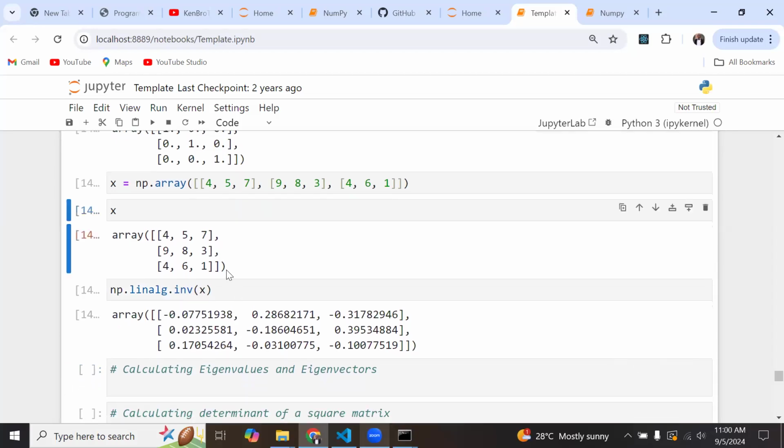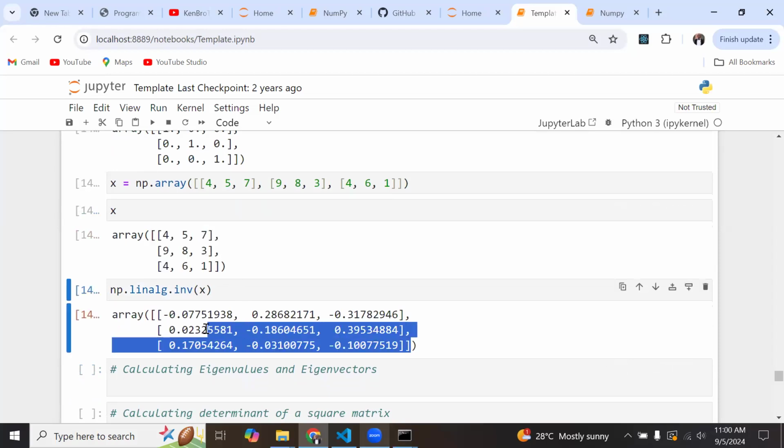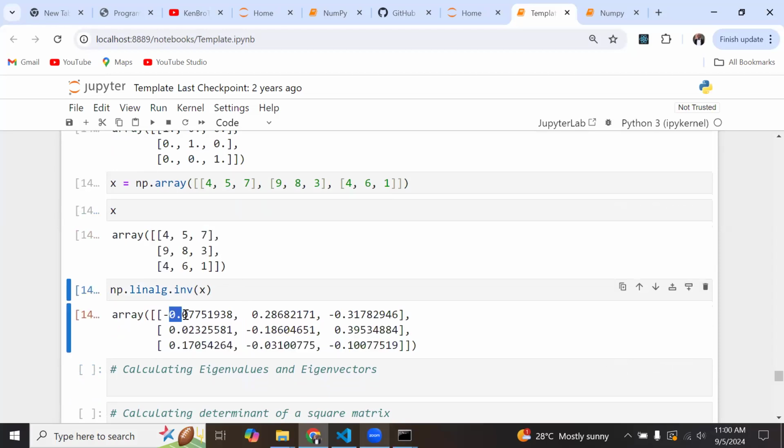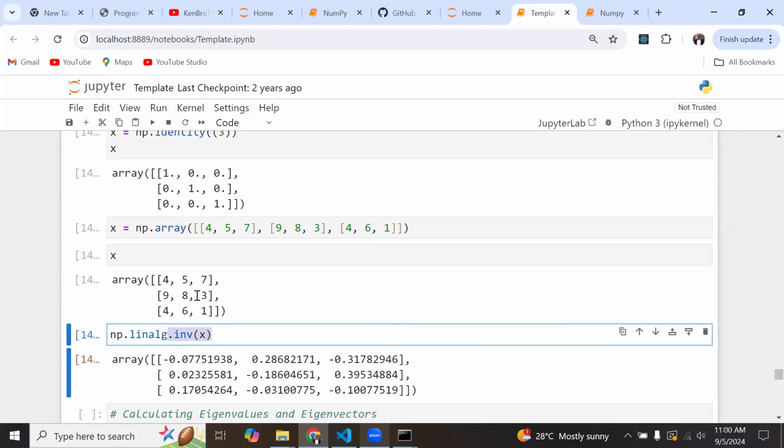Now you can try this by hand, but clearly you can see the numbers you are getting, like negative 0.075. Even if you do this by calculator, you are definitely going to miss some steps, and something wrong may happen. So once again, NumPy is helping us find the inverse of a matrix. And you can imagine if this was a 4 by 4 matrix, then the problem becomes a little bit complicated